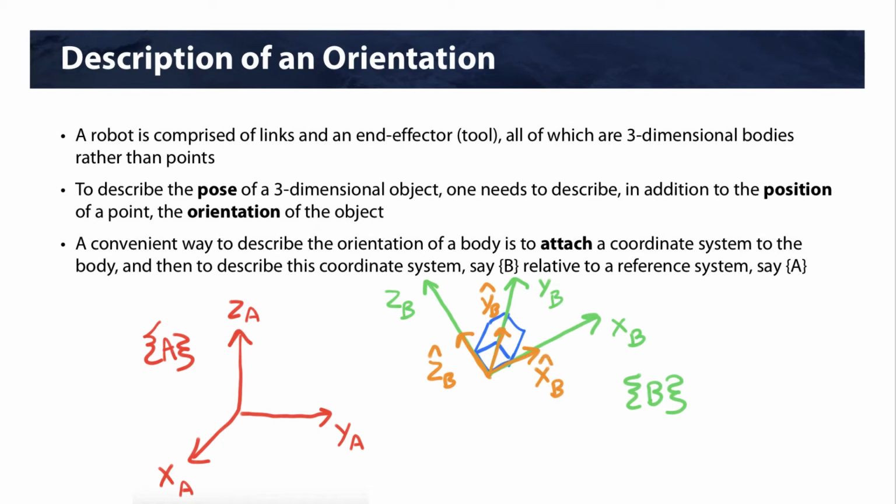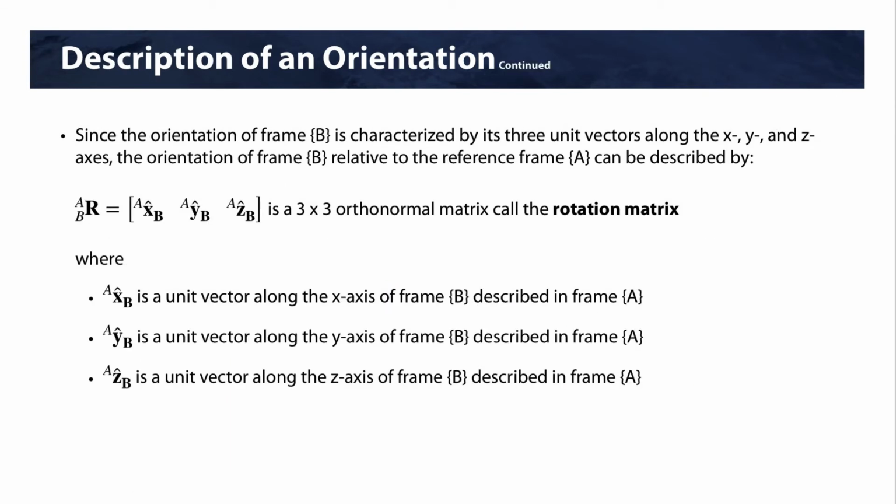So we can describe those unit vectors in terms of frame A, and what you'll get is this matrix here. Each column is one of the unit vectors, so we have XB, YB, and ZB in terms of